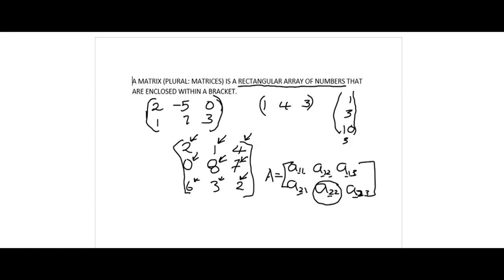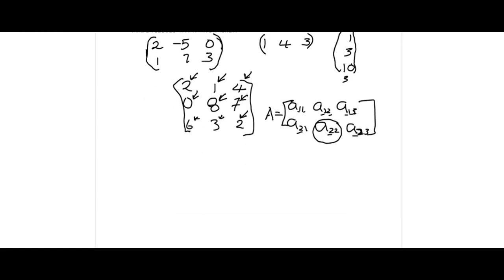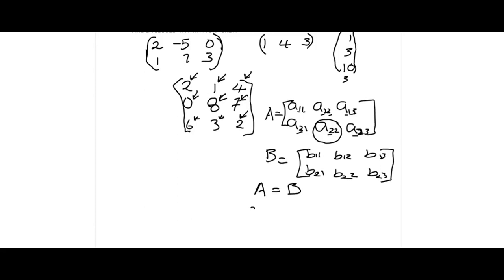So this is a matrix A, and I have another matrix B. Now these are all in row 1, this is the second row, row 2, and then we have column 1, column 2, column 3, column 1, column 2, column 3. Say two matrices A is equal to B. This happens when their orders are equal